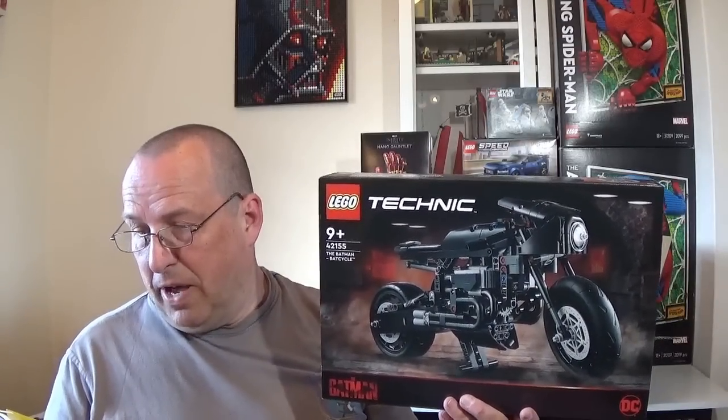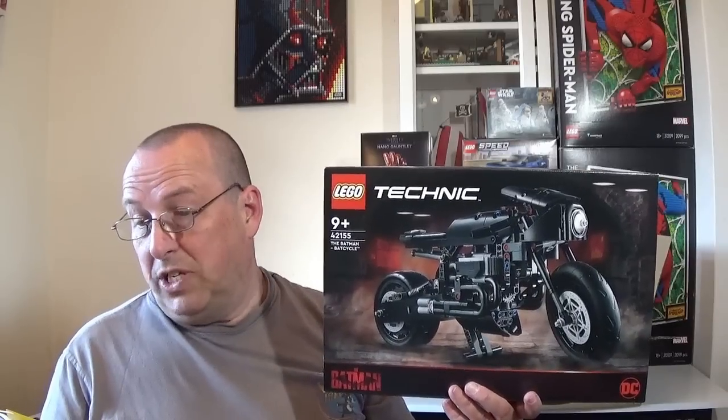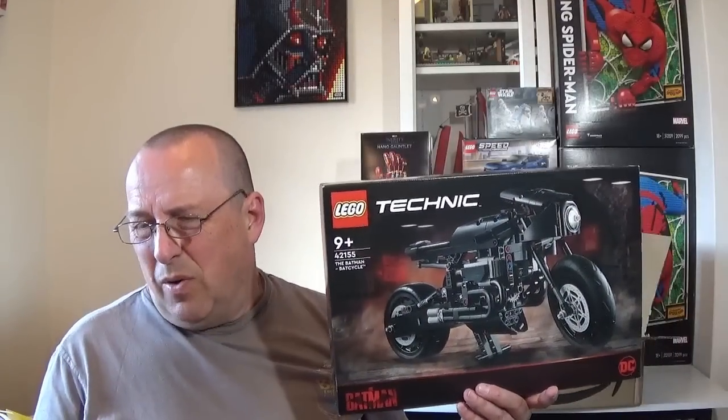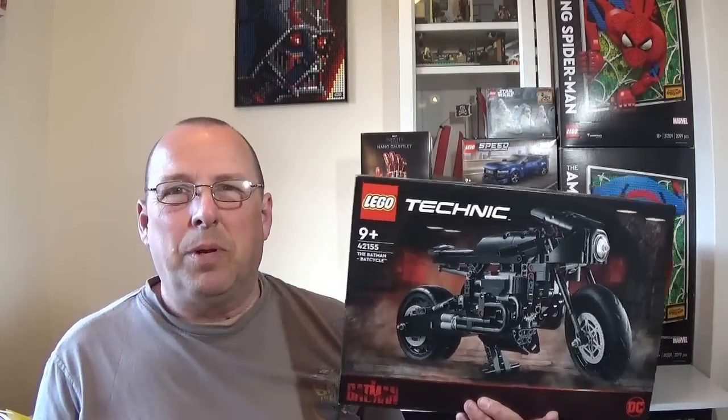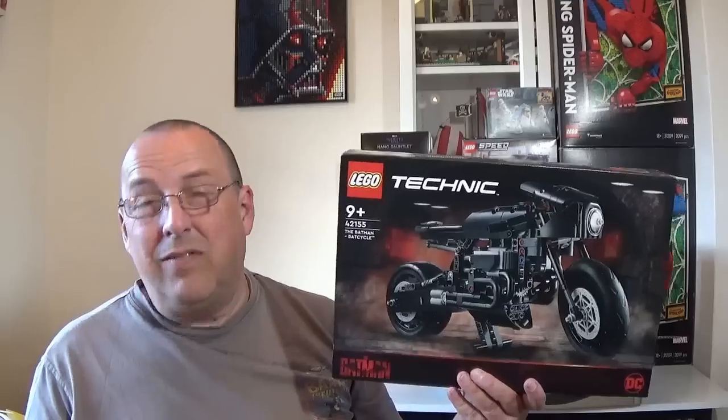So let's just have a quick look at my notes. The Batman bike is normally a recommended retail price of £49.99, so £50 here in the UK, and I got this for £32.60, so not a bad discount. I said it probably could have been a bit better than that. I think I should have been looking for under £30, but this has been discounted in a few places at the moment as well. I think even on lego.com these are down to £40, but £32.60 is still better than £40,